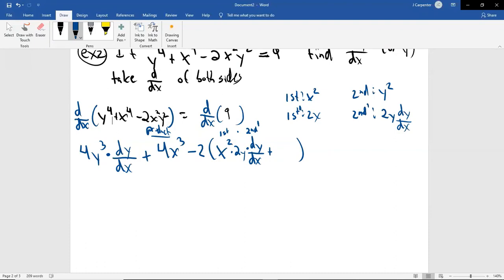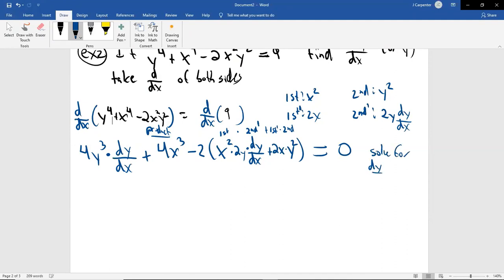times the second. The derivative of the first is 2x, no implicit needed, times the second is the y squared. See, the dy dx only pops up in one of those in the product rule because only one of those products didn't have a matching variable. So again, this was plus the derivative of the first times the second. That's the order I did. Equals, don't forget the right-hand side, equals the derivative of 9 is 0.